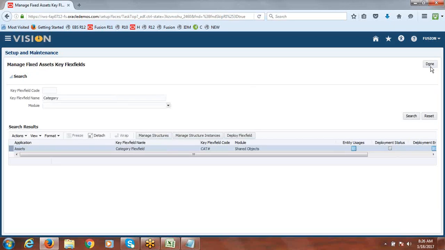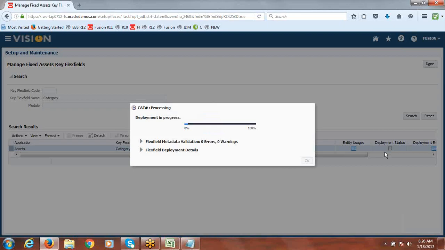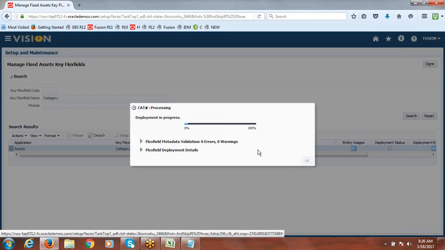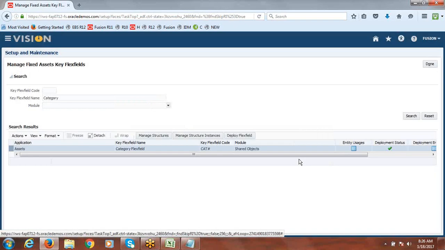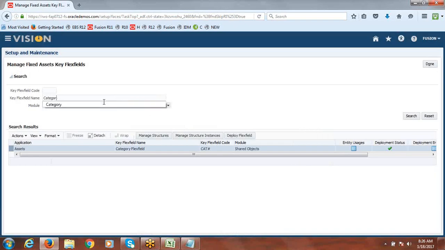Since we made these changes, it's recommended to deploy once again. So now here you can see deployment is incomplete. Now go for the other flex field, that is location.